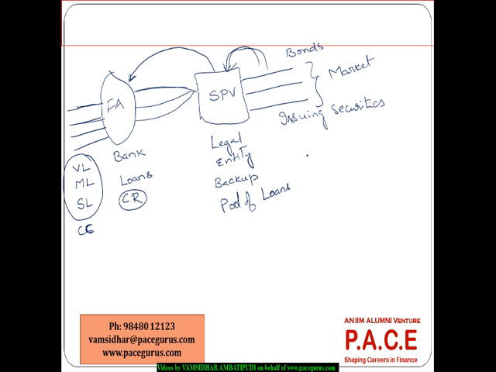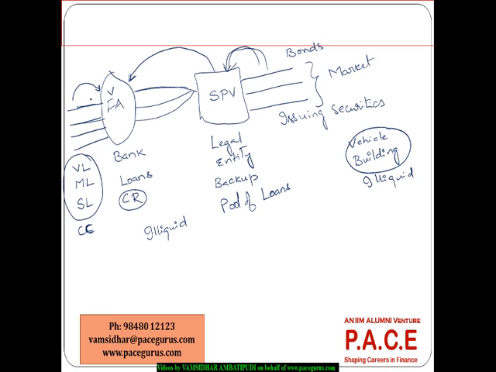So why did this concept come into the picture? From a bank's perspective, it has given a lot of loans, and these loans would be paid at different points in time. The principal and the interest repayments may happen at different points in time. Until then, the bank's assets are completely illiquid, right? Because generally the bank would have kept the vehicle as collateral in case of vehicle loans, and the building as collateral in case of mortgage backed loans. All these are illiquid assets,